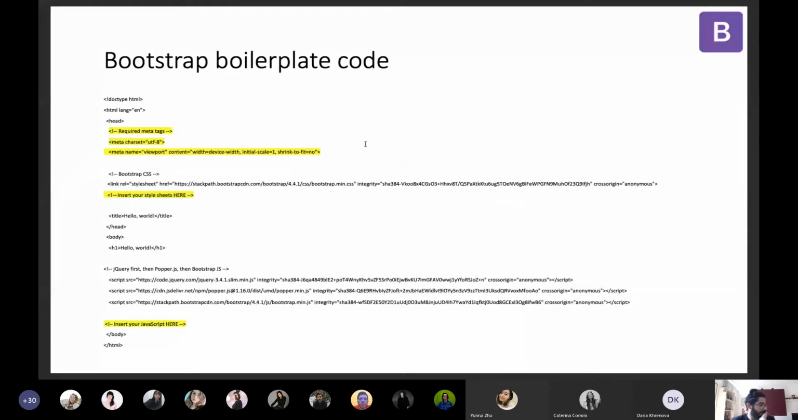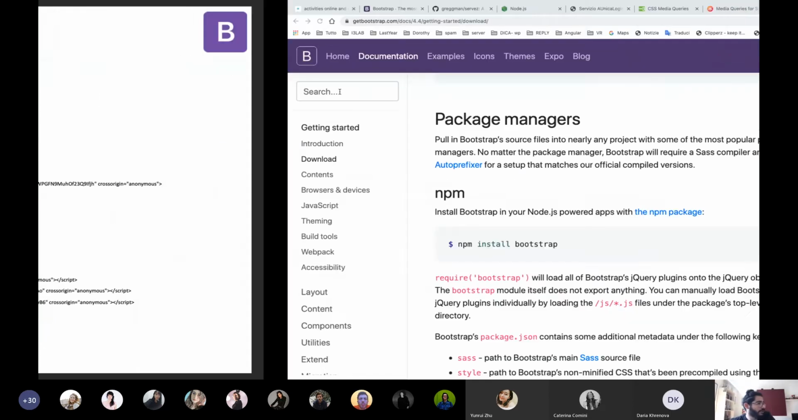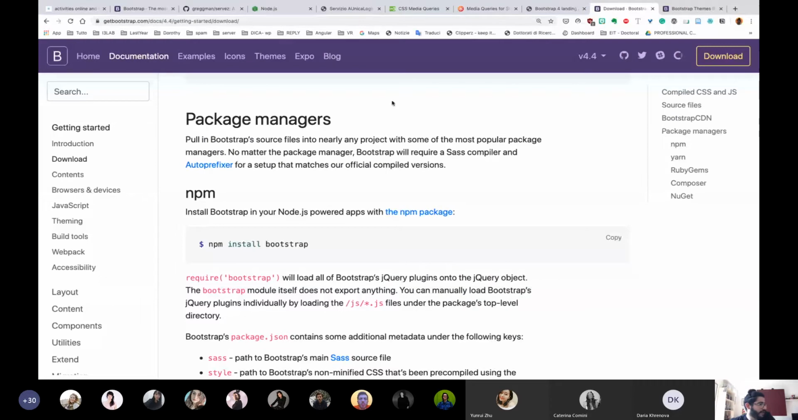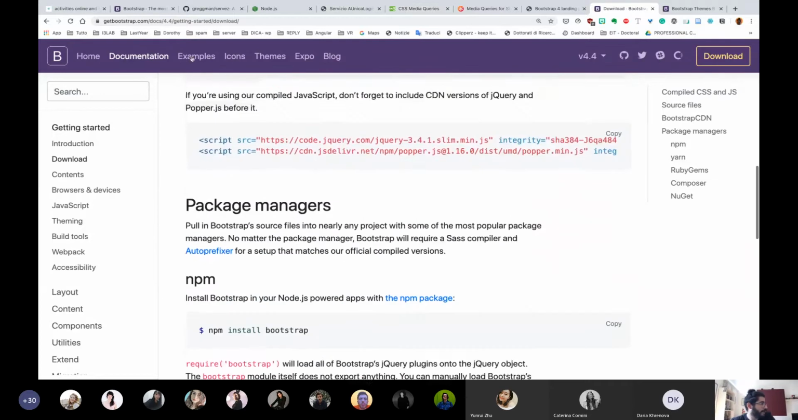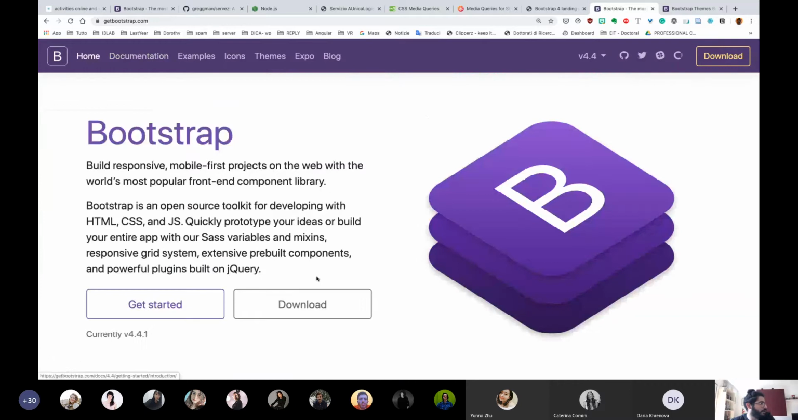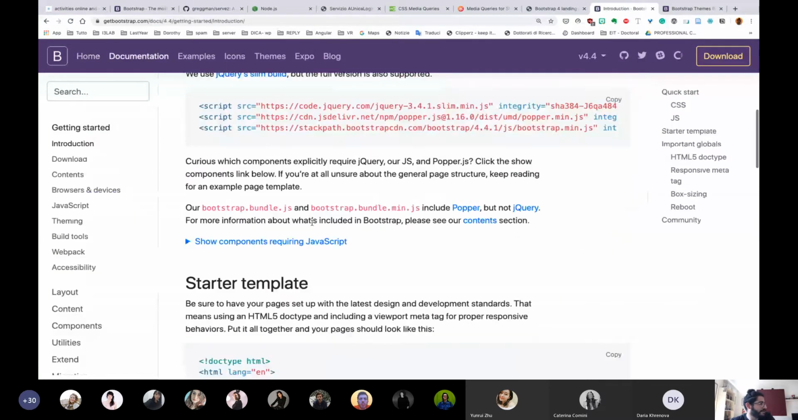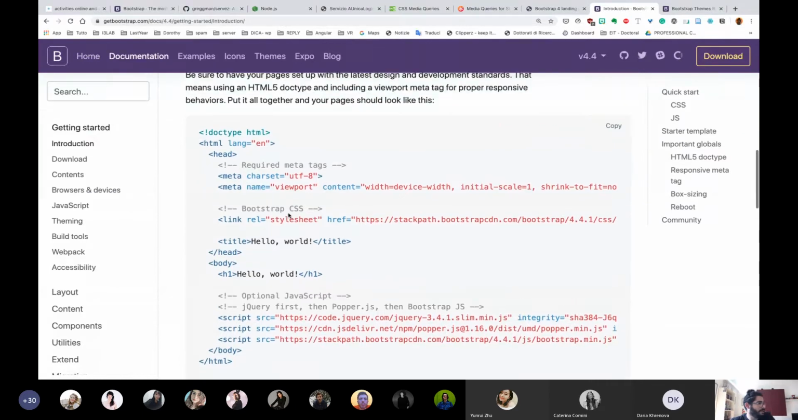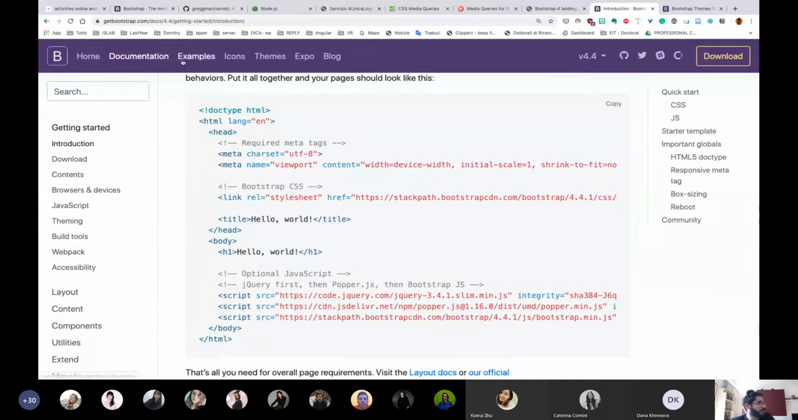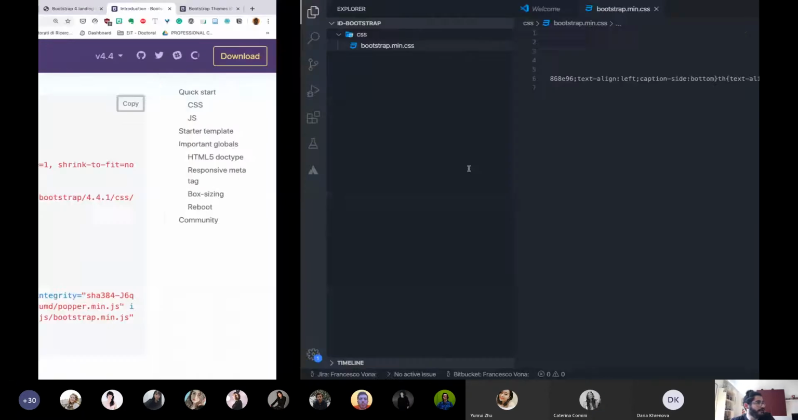So once you have Bootstrap installed, you can start from its boilerplate. The Bootstrap boilerplate is really useful because it gives you the structure of an empty HTML page with all the imports that you need in order to use Bootstrap. You can see how to get it from the Get Started guide. And as you can see, you will find this code on the Bootstrap homepage. You can just copy it, and